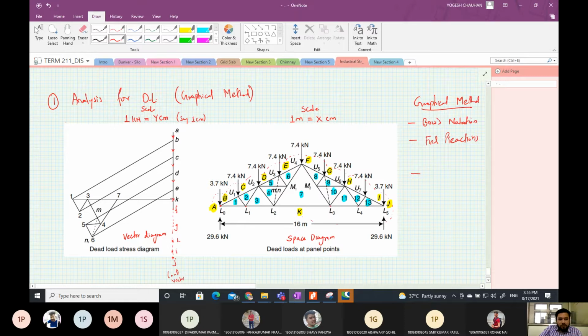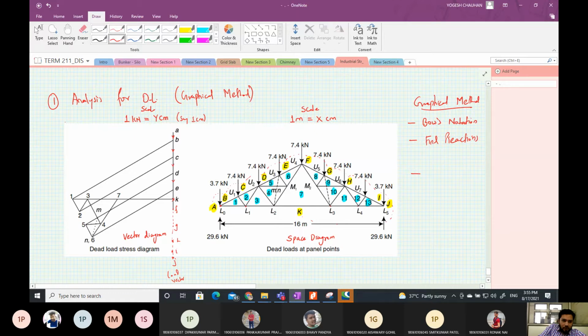Okay. Once the load vector is drawn, then we draw the members. So this member is B1. So B1 intersects K at 1. Okay, so you draw a line parallel to this. So you take a roller here and draw a line parallel to this B. Now it intersects the K at 1. Okay, this B1 meets K at 1. Similarly, draw C2. Draw a line parallel to C2.